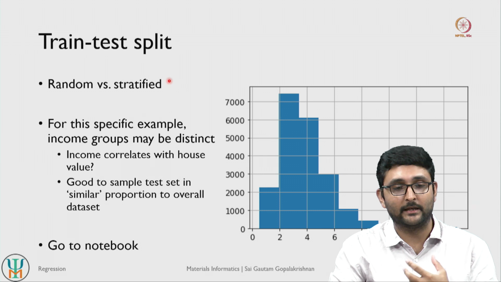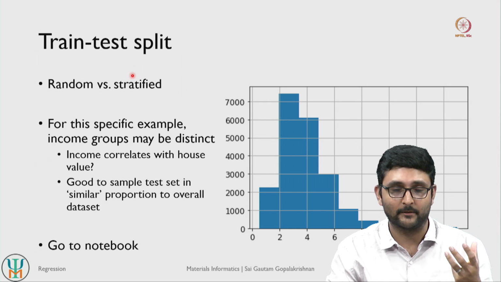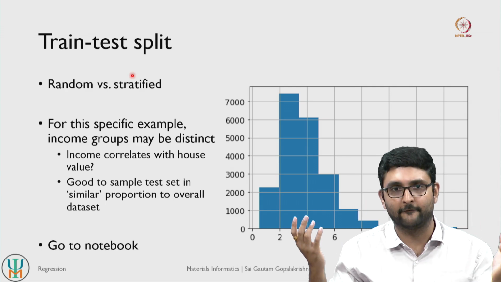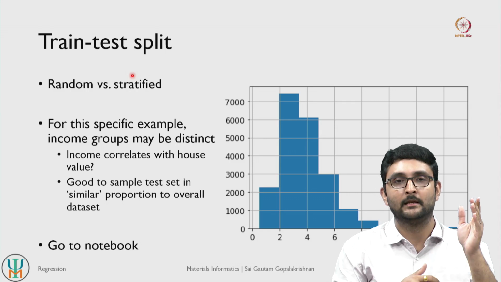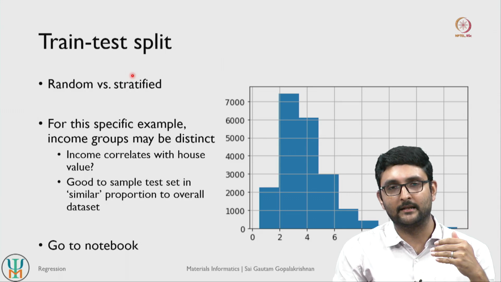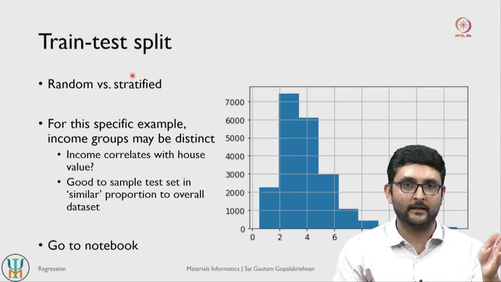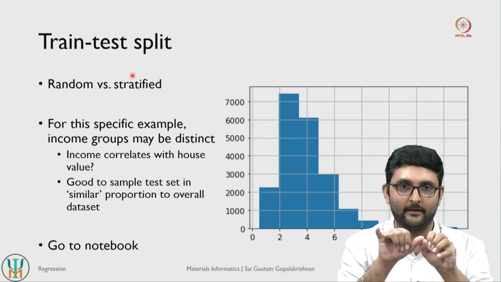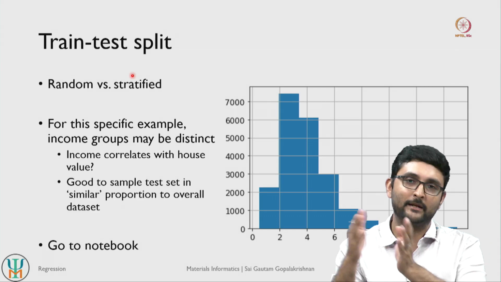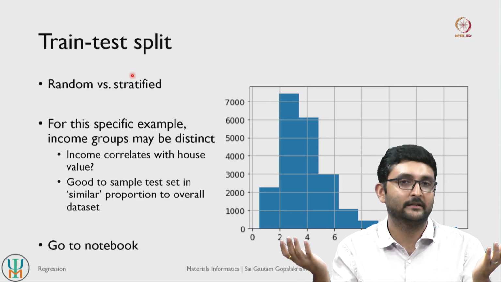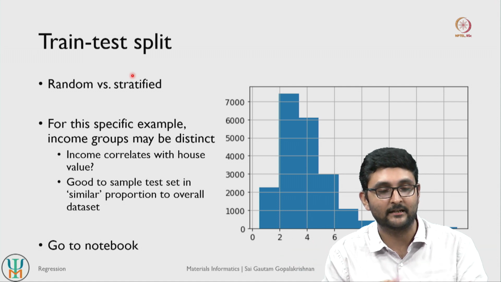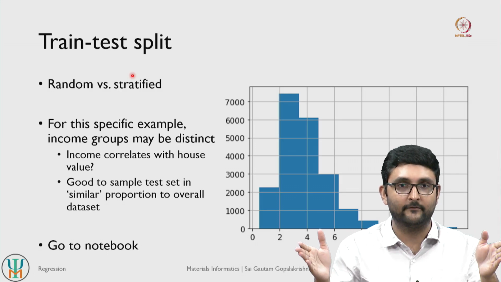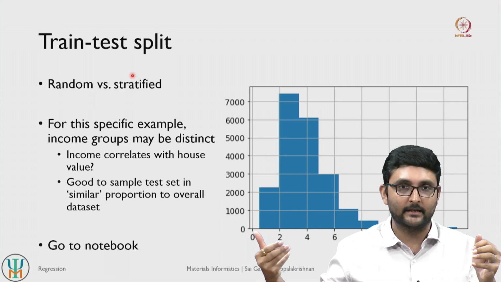So in such cases, we can do what is referred to as a stratified train test split. So the main idea is that you split your data set into 3 or 4 different bins of data points. So in our case, we can probably classify our data set into low income areas, medium income areas, and high income areas, for example, right. We can even define subcategories further, so low to medium, medium to high, and high, right. So we can have 5 different income categories, for example, and we can classify our overall data set into these 5 different categories, right,